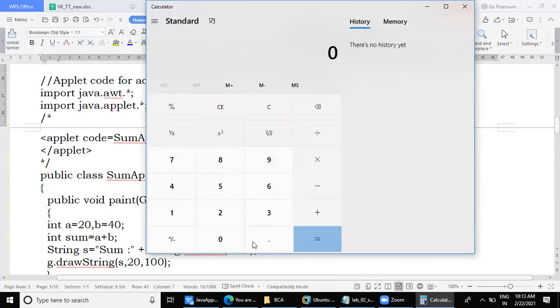Now here, this is in the form of a GUI. Here it is not visible, but you have one box displaying the output. The moment I click, see, this box is changing. You're going to do this program: a simple calculator using an applet.